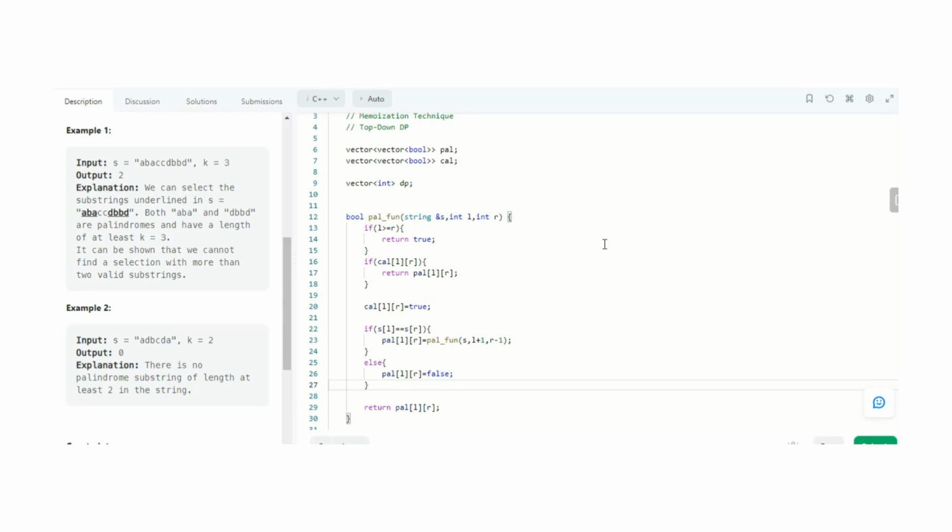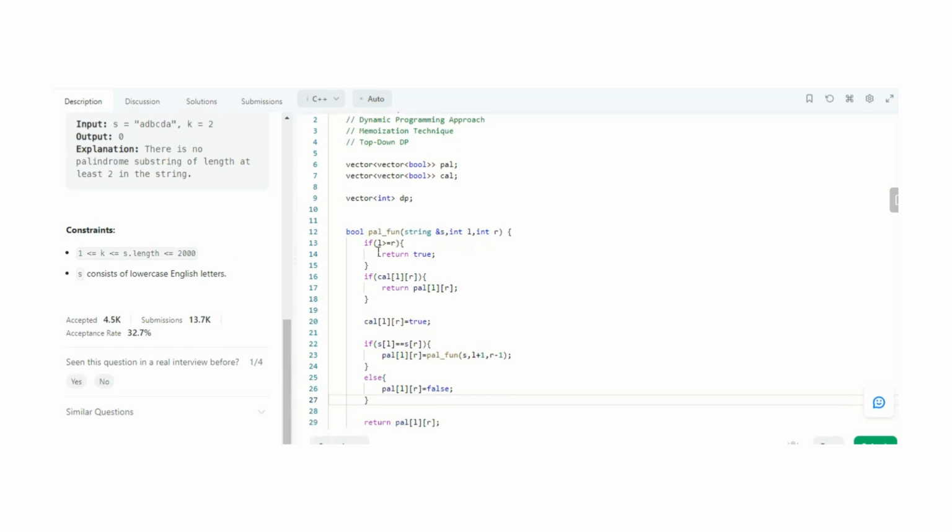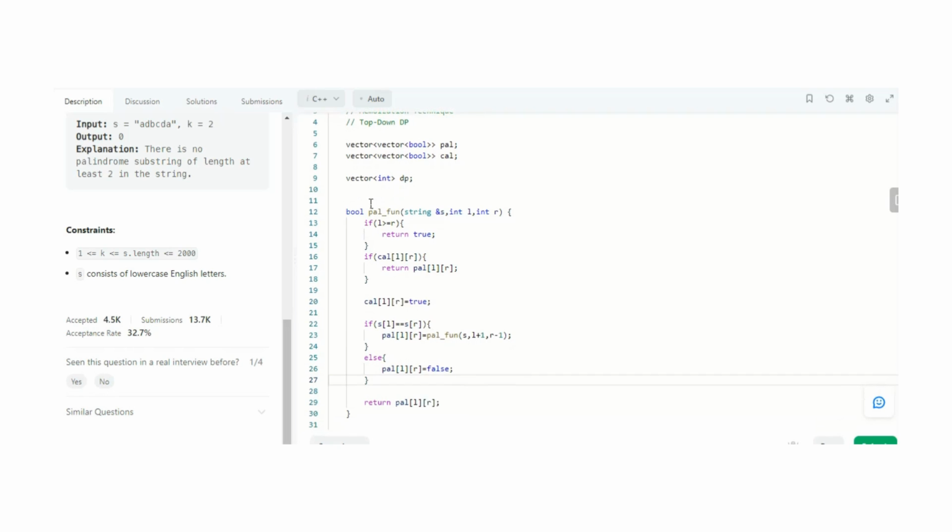But we need to do this within this constraint only, and we do not apply 2 or 3 for loops. We need to apply 2 for loops at most. So what we can do here is apply dynamic programming to reduce our time complexity and optimize it. So here we have applied two pointers, but we have optimized it by applying the memoization technique.